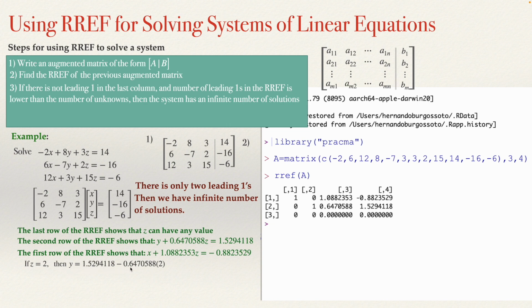Or for example, if z equals 2, then y will be 1.5294118 minus 0.647582. This number will be multiplied by 2 and written on the other side as negative. So it will be 1.5294118 minus 0.647588 multiplied by 2. And the value of x then will be minus 0.88235229 minus this number, 1.0882353, multiplied by 2. In this case, we can use a calculator to compute y, and this will be equal to